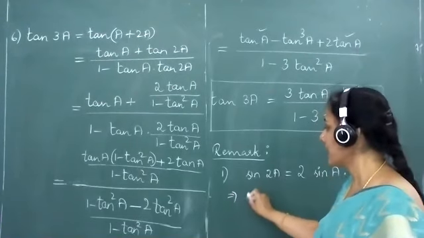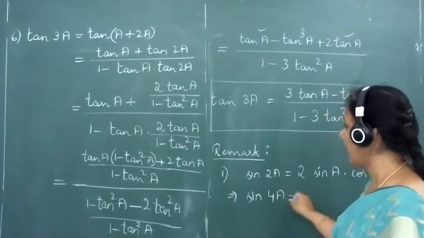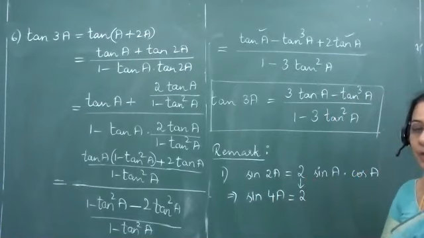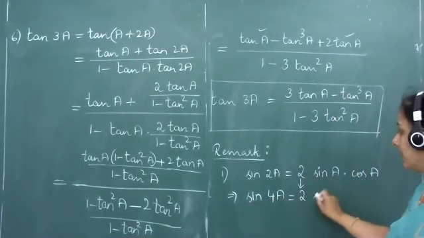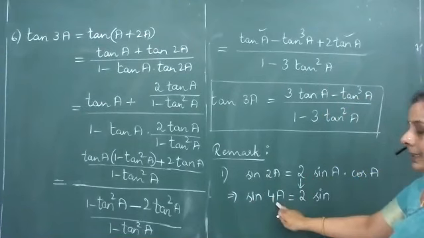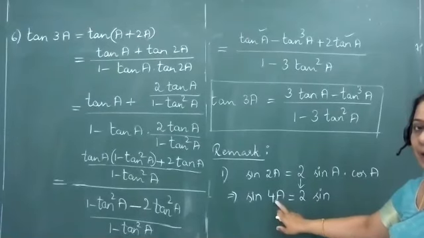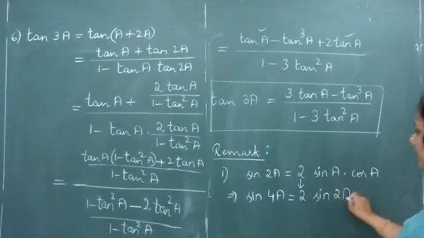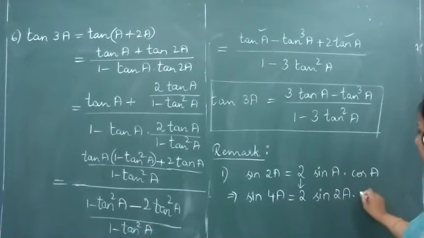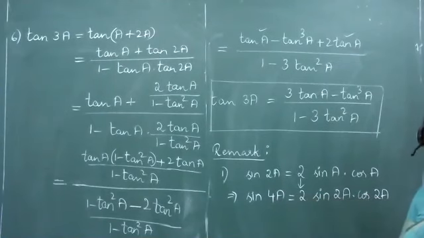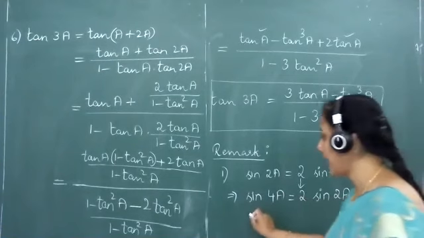So this clearly suggests that sin 4a will be in the form: coefficient of the trigonometric function 2 will have to be retained as it is, multiplied with sine. Take the angle in the RHS as half the angle in the LHS. Half of angle 4a comes as equal to 2a. Whatever angle we have here with the sine ratio, the same angle will have to be taken along with the cosine ratio. So sin 4a comes as 2 sin 2a multiplied with cos 2a.